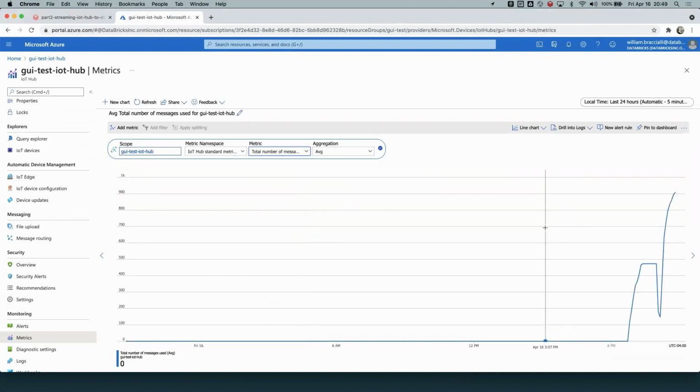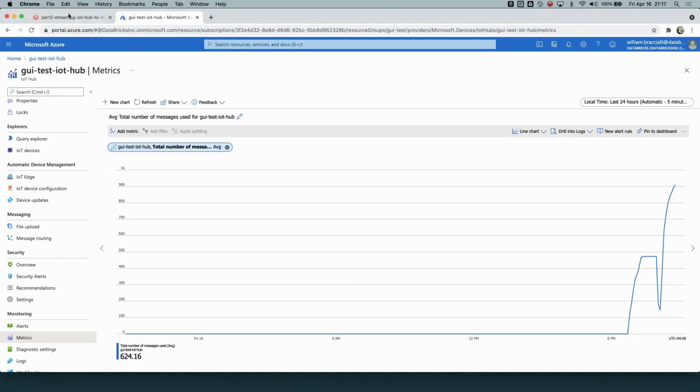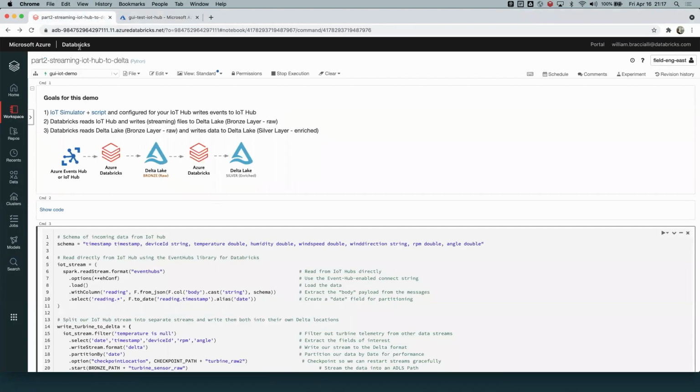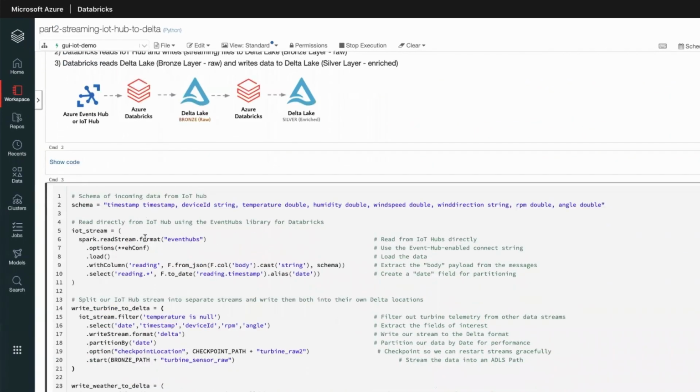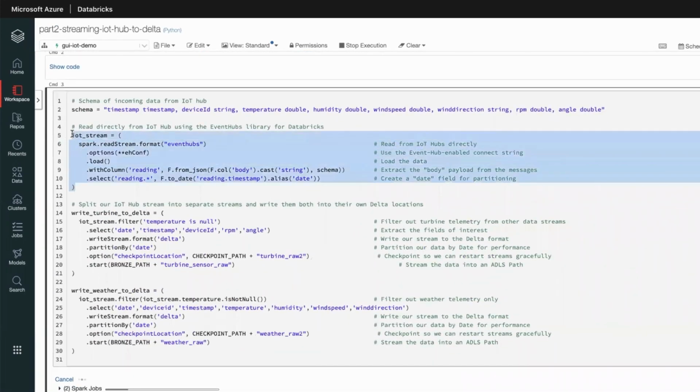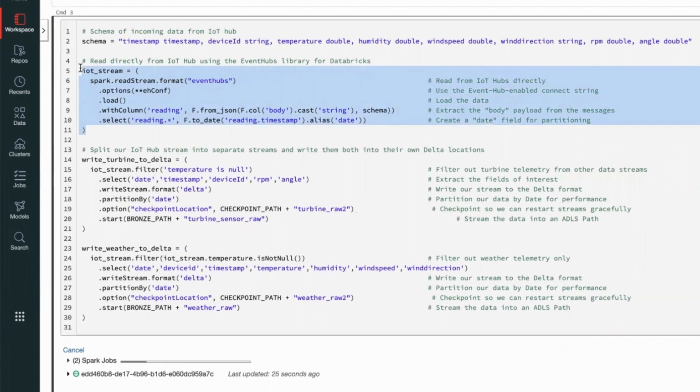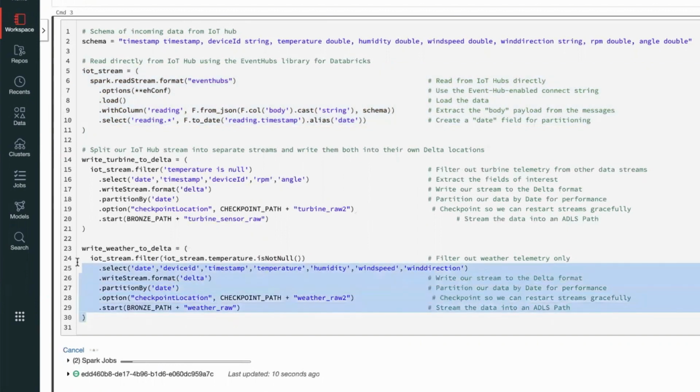we speak. In Azure Databricks, we created a notebook that reads the streaming data from the IoT Event Hub in real time. The first part of the code parses raw JSON data from the IoT devices into data frame columns. As you can see, the connection is really simple using the Spark connector to Event Hubs. We then split the weather data and turbine data into different data frames and store the data in Delta format.